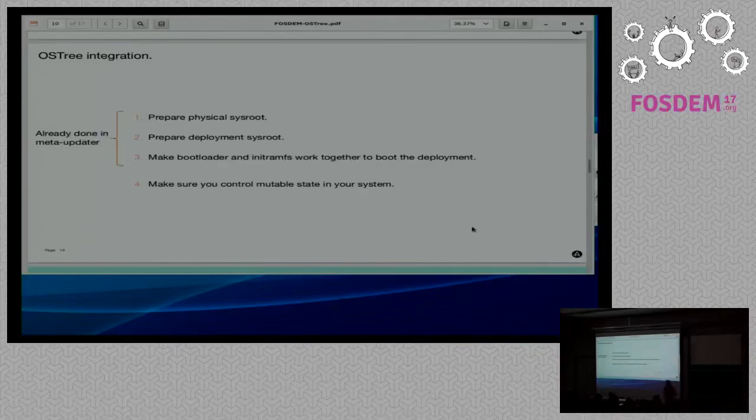And the good news is that if you use Yocto, if you use OpenEmbedded, you can just download our meta-updater layer that already implements all this complex stuff. But you can't just take your rootfs that you are using right now,